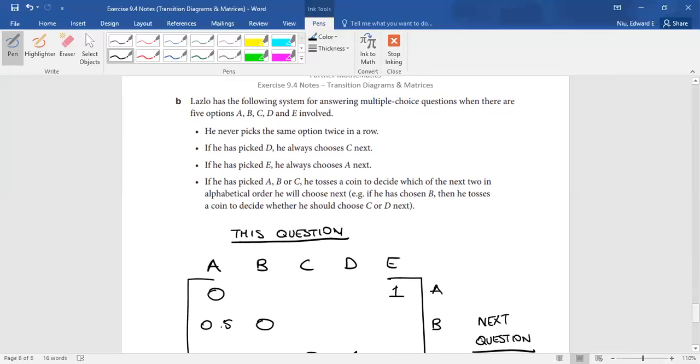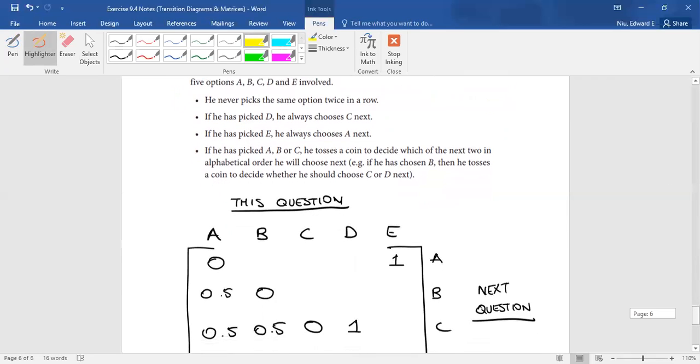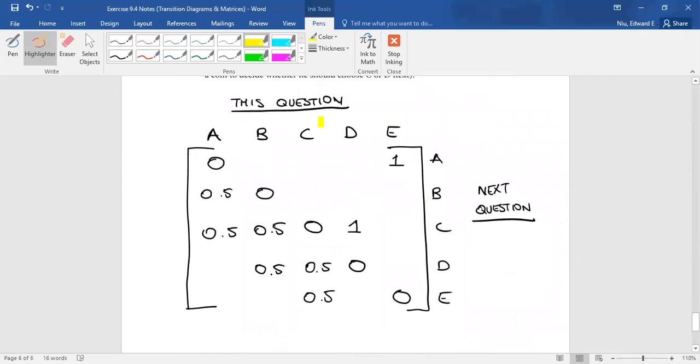This person called Latzlow has the following system for answering multi-choice questions, which I highly would recommend you to not use when there are 5 options, A, B, C, and D, just like a usual exam or multiple choice section in a test. Now, the information we get, he never picks the same option twice in a row. So what we have to do is construct our matrix. We've got the current question he's doing up top. We've got the next question on the side panel. We've got A, B, C, and D up top, A, B, C, and D on the side. Draw the matrix brackets in, and what you notice is